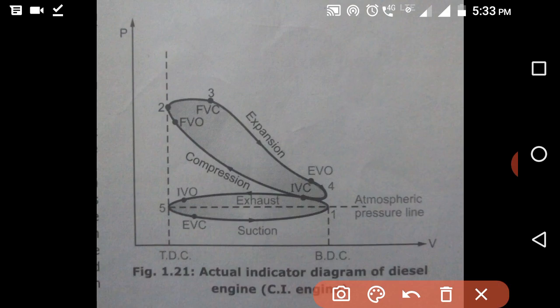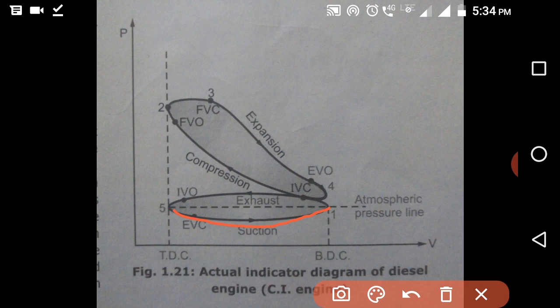See, this process we have shown over here. This is the suction process, and in the theoretical PV diagram we have seen this suction process is carried out at constant atmospheric pressure. But in actuality we cannot maintain atmospheric pressure, as there is a restriction to flow the inlet charge inside the cylinder, because the inlet valve will provide some restriction to the flow. That's why negative pressure will be generated inside the engine cylinder.